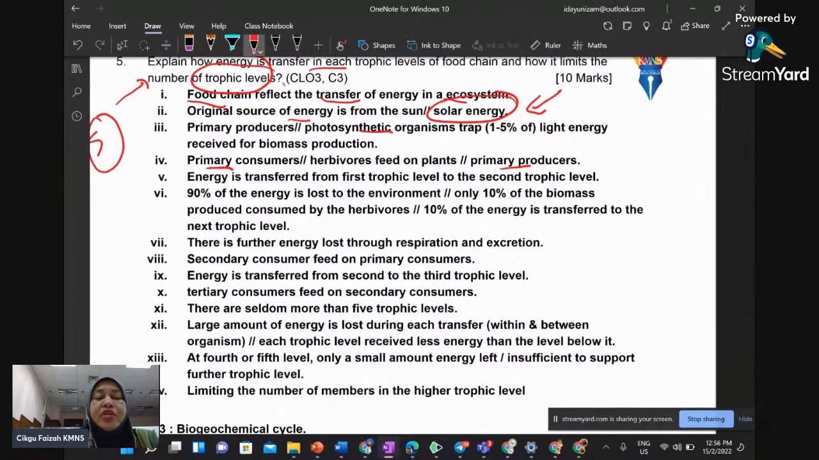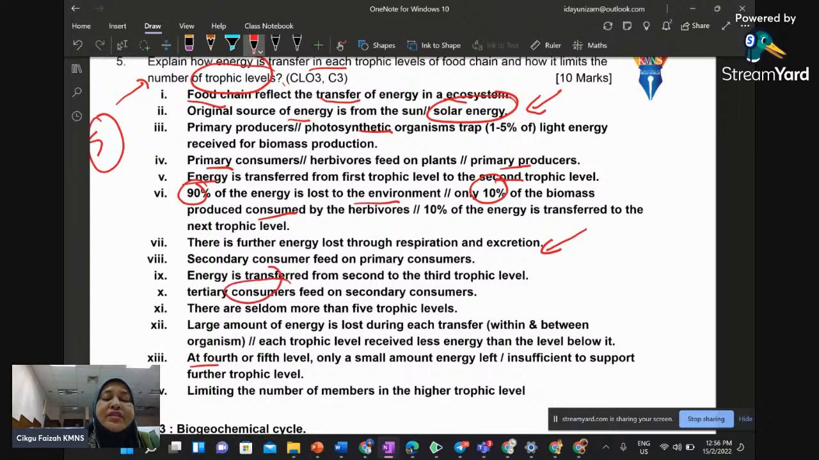Okay, so cikgu nak you all faham ayat di kelas, right? It's transferred from first trophic level to the second trophic level, and 90% of energy is lost to the environment, and only 10% yang akan be consumed by the herbivore. Okay, kita dah buat tadi soalan latihan atas di kelas. Okay, so same goes to the secondary consumer, tertiary consumer,